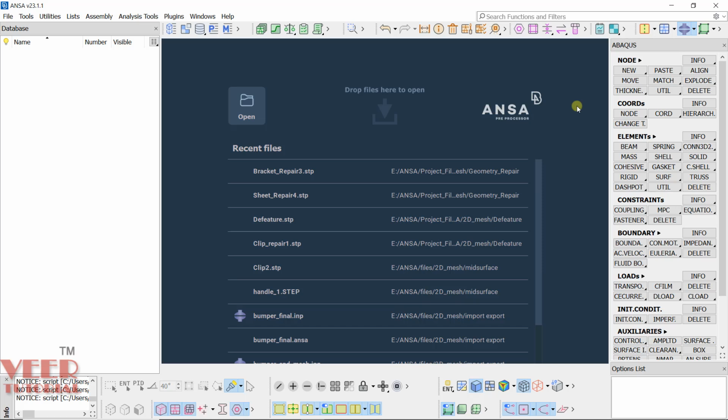In this lecture, we are going to start a new section about geometry cleanup, which we call by multiple names like defeaturing or geometry editing. So basically, what happens when you import any file into ANSA? Let's say first you export a file from a CAD software in any CAD format. After that, you import this file into ANSA software.